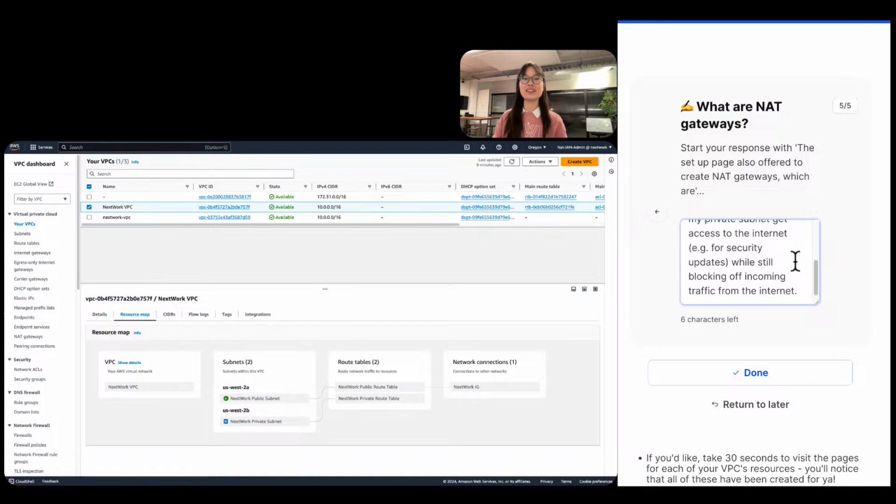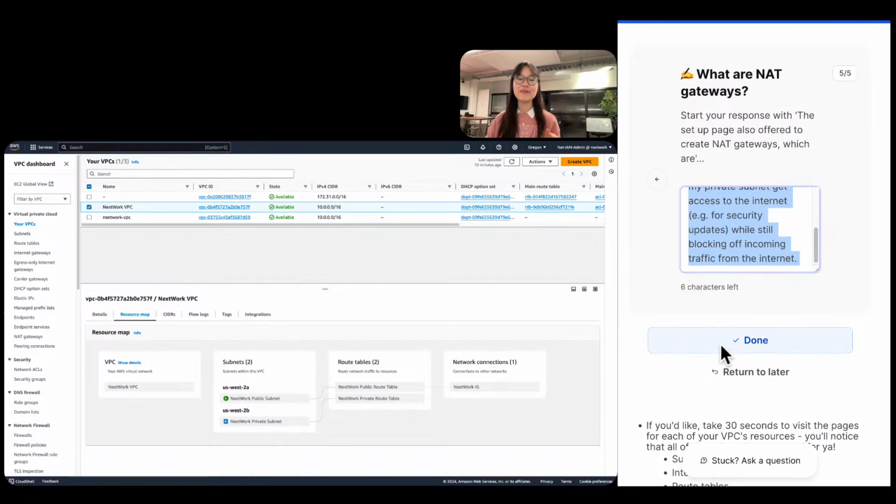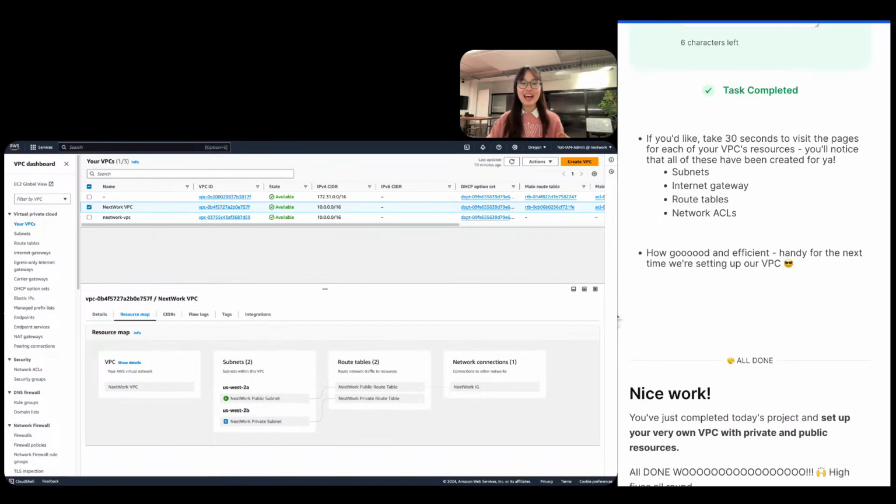So I highly recommend searching up NAT Gateway and learning a little bit more on how they work, because they're extremely useful, extremely practical, and just a great resource to know about if you have a private subnet going. But cool, hope you learned something new on that quick learning piece on NAT gateways. All right, done. Okay, so if you like, you can take 30 seconds to just visit each of those subpages to verify